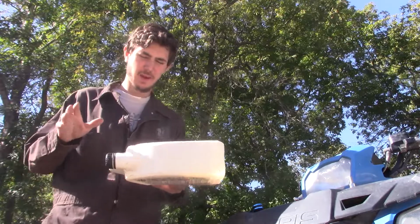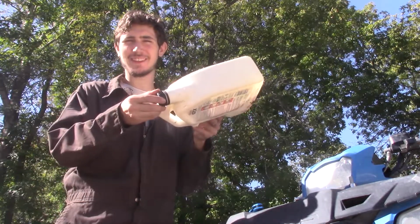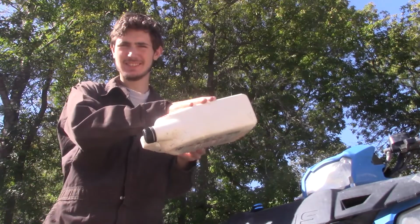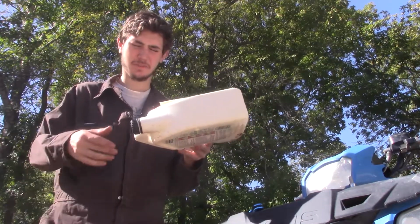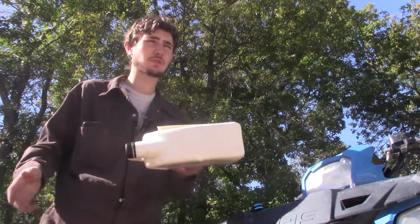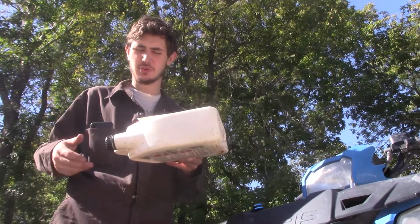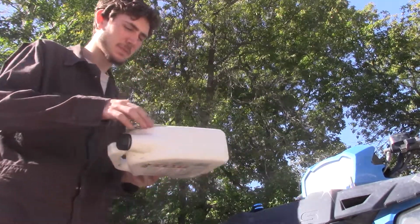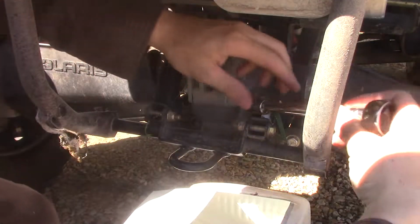Now, one big reason why I like using old oil containers is that they already come with a cap and a spout, so once you fill it up, just keep it closed with some duct tape for the meantime. Then when you get over to your oil drum, your disposal bin, or you're putting it into another container to bring to a recycling plant, you just open up this hose, put a little funnel, and it drains right out. So like I said, the first thing you want to make sure you can do